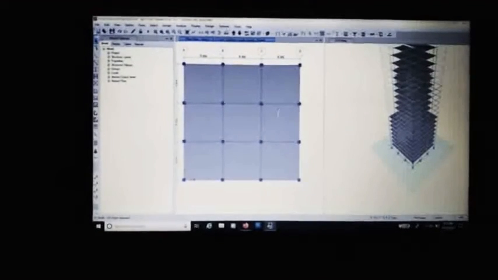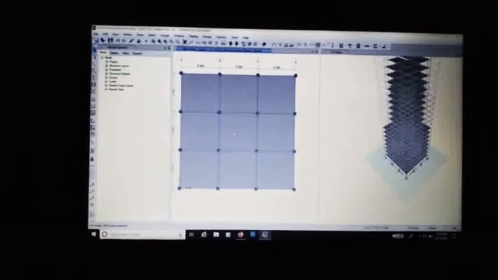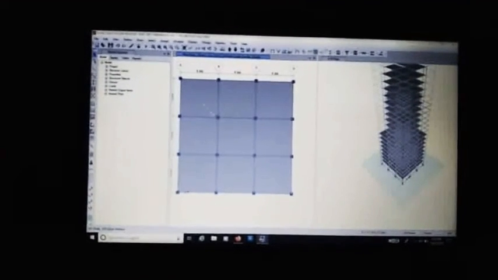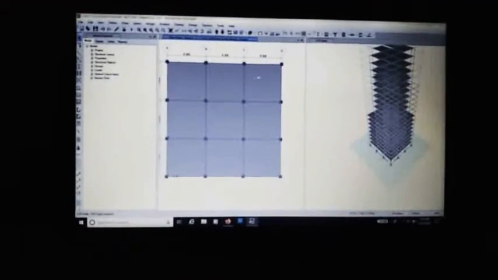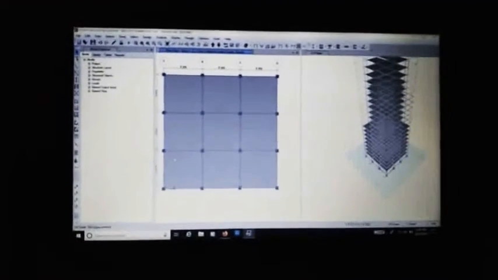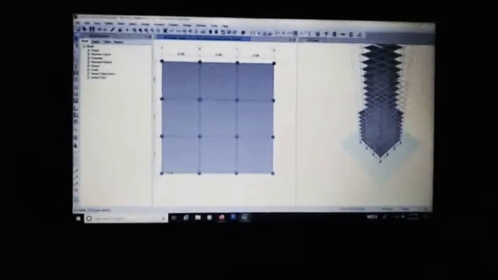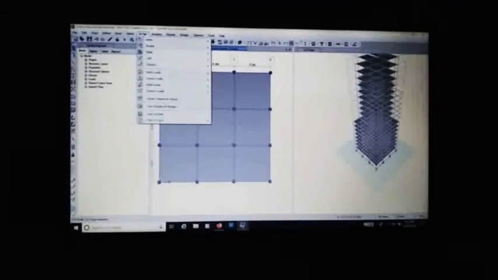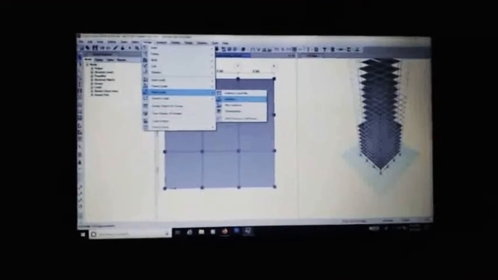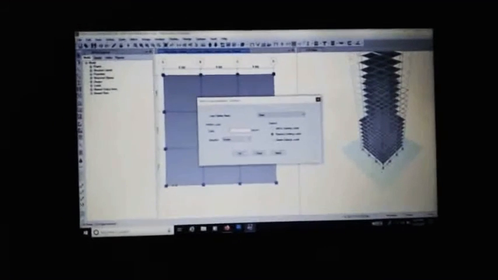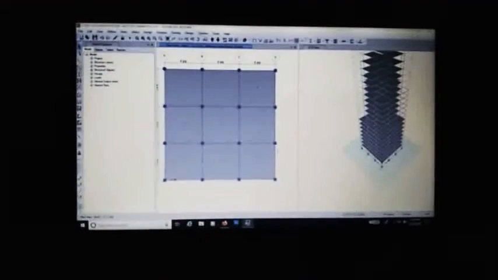Select all one by one and apply the loads. We can see that all the loads have been applied.